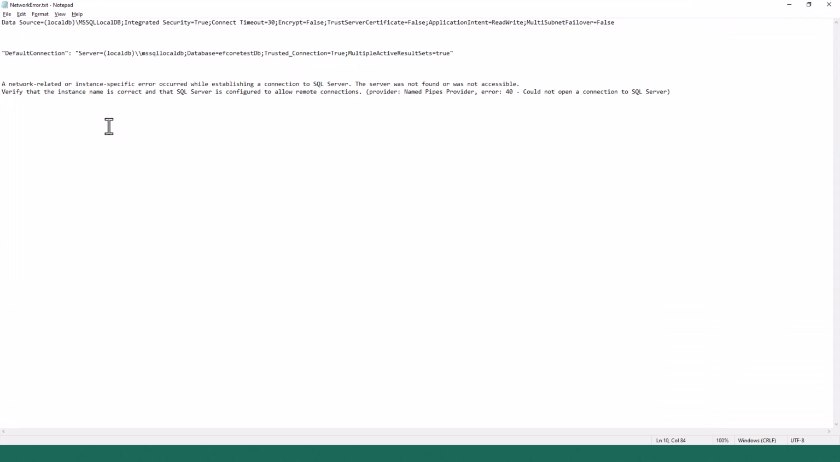A network related or instance specific error occurred while establishing a connection to a SQL server. The server was not found and/or was not accessible. Verify that the instance name is correct and that the SQL server is configured to allow remote connection. Provider: Named Pipes Provider, error 40. Could not open a connection to SQL server. Now,